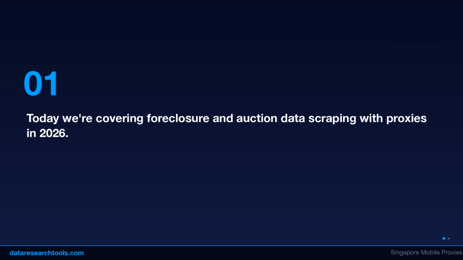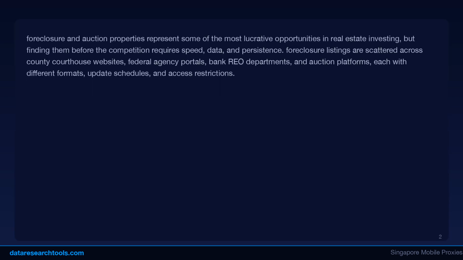Foreclosure listings are scattered across county courthouse websites, federal agency portals, bank REO departments, and auction platforms, each with different formats, update schedules, and access restrictions. Scraping these sources systematically with proxies gives you a comprehensive view of distressed properties that manual research could never achieve. This guide covers how to build a foreclosure data pipeline that aggregates listings from every major source and delivers actionable